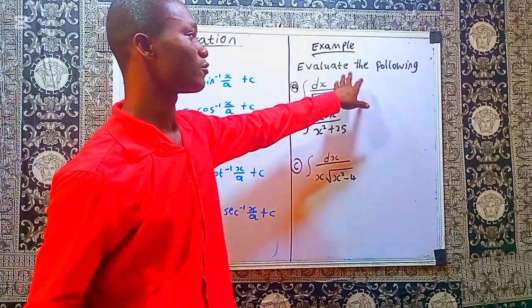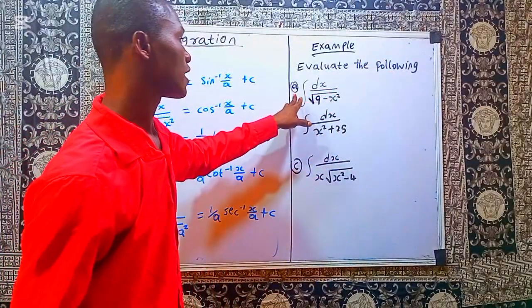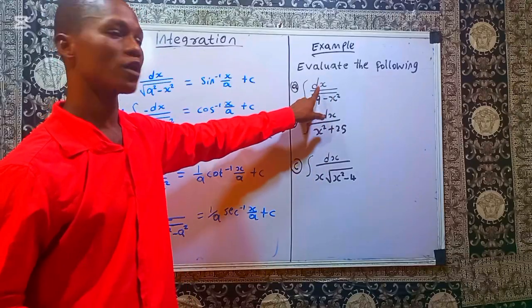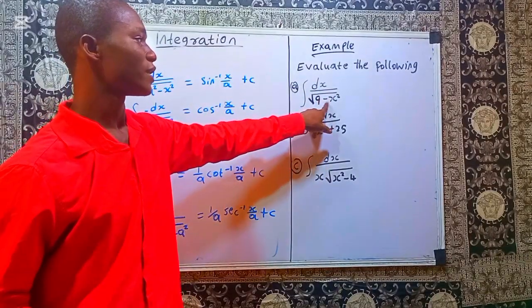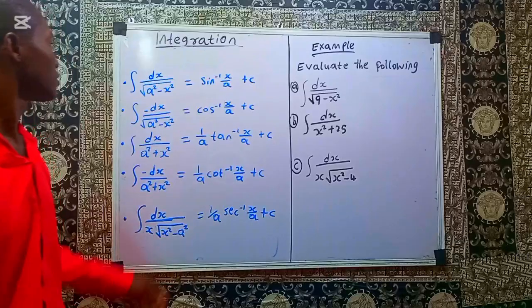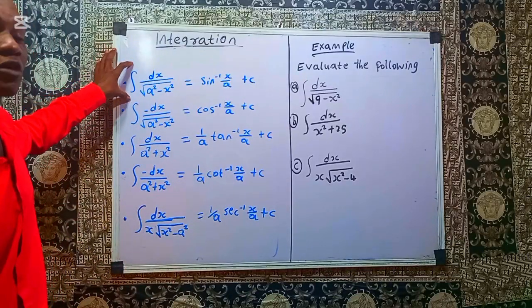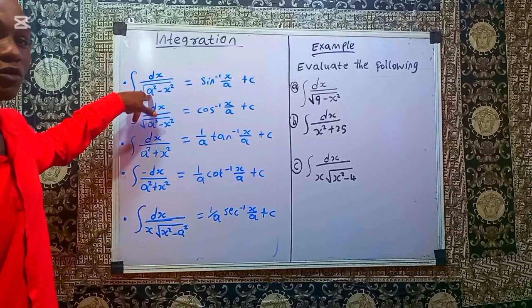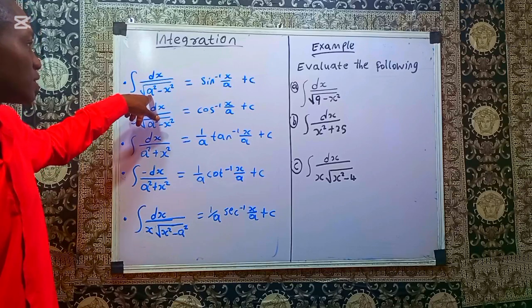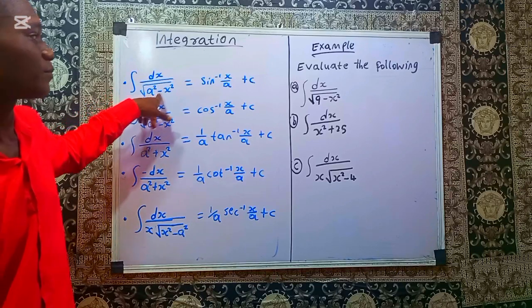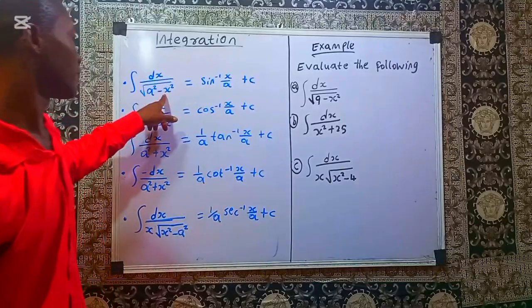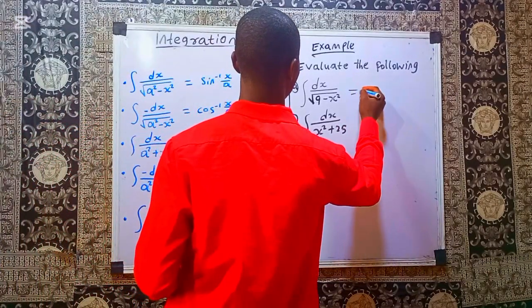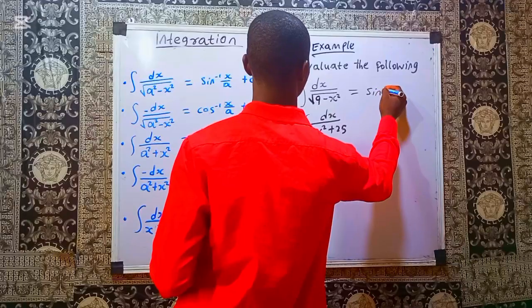They ask us to evaluate the following. The first one they ask us to evaluate is the integral of 1 over the square root of 9 minus x squared. So let's look at where it falls. It falls under number 1. It's the integral of 1 over the square root of a squared, that's a constant, minus, we have minus here as well, then our variable squared. Then from what we have there, the result will be sine inverse of